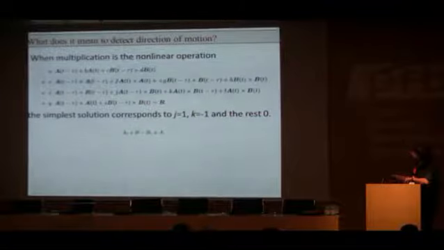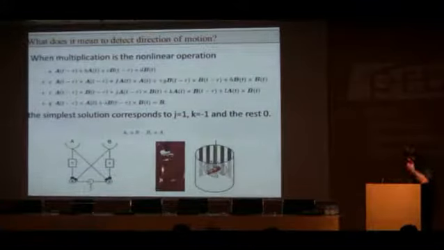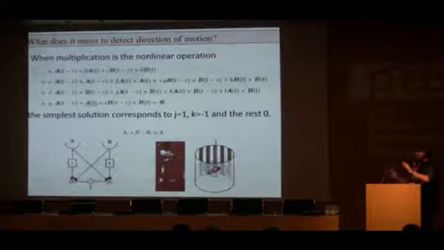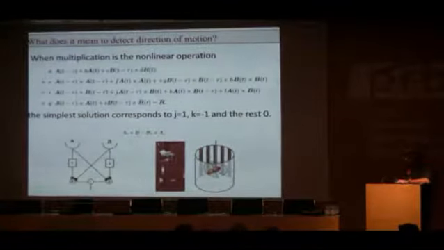These and these are the only ones that don't go to 0, which is exactly the Reichardt detector. So from the full family of possibilities, when that operation is a multiplication, this is the simplest way you can do it. And this is the way that has been found